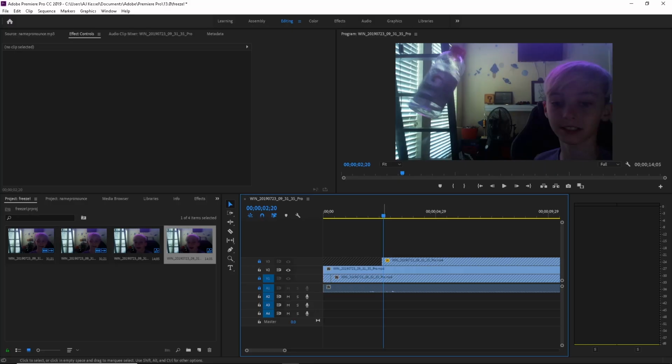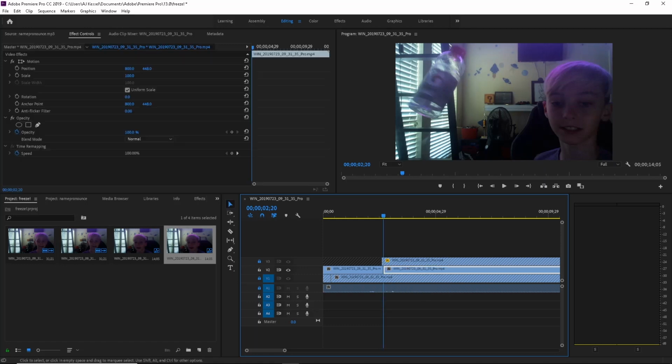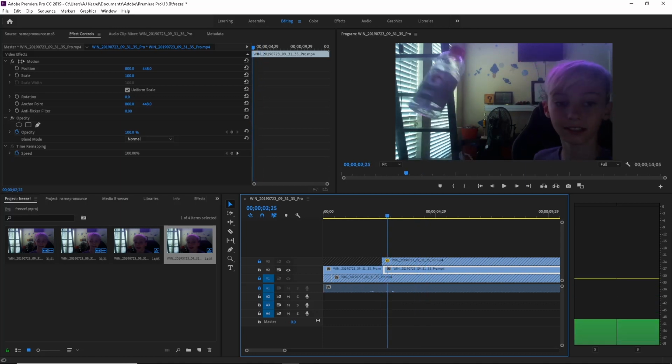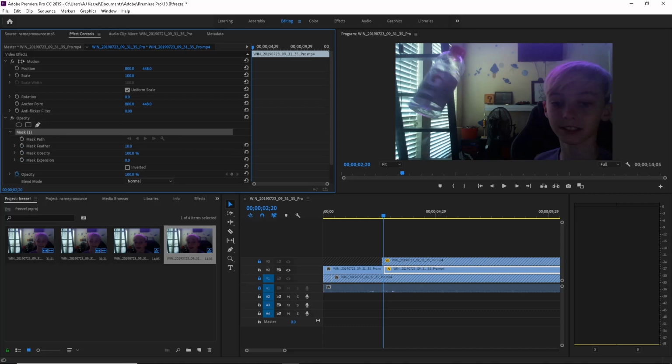You want to create a cut, and then on the one furthest from the timeline, so to the right, you want to go to opacity and then click on the free draw pen tool, and then you just want to make a mask